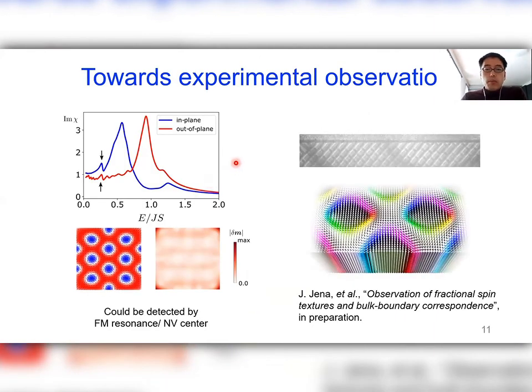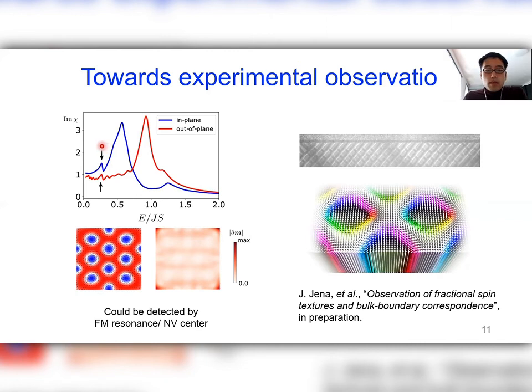Finally, I'd like to comment on the experimental observation of magnonic corner states. Firstly, magnonic corner states can be excited by a spatially uniform AC magnetic field. Here I show the spin wave resonance excitations of a finite sample, and there are 2 large peaks coming from the bulk excitations of gyrotropic motion and the breathing mode of skyrmions. There's also an additional peak from a higher energy bulk excitation. So there are 3 well-known magnetically active excitations, but in addition, there's another peak that is obtained only for a finite sample, and it corresponds to magnonic corner states.